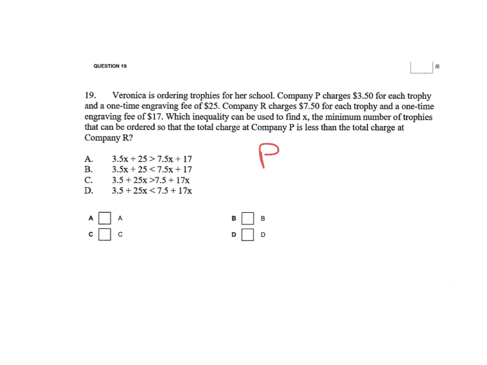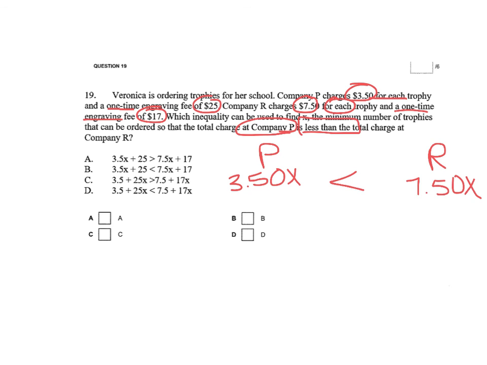19, company P is $350 for each trophy and a one-time fee of $25. R, $750 for each trophy and a one-time fee of $17. I feel like we've already done this problem. How many can be ordered? So the total charge of company P is less than the charge of R. So P has the 350X because it said for each. R had 750X. So we need to get rid of C, we need to get rid of D because they don't have the variables. So 350X, and it should be less than